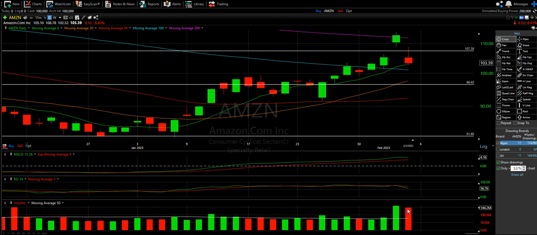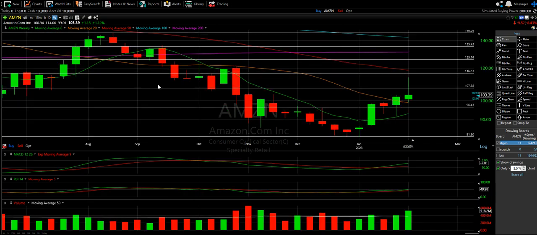This was almost as much buying as the gap up, and it clearly made that gap down, right? So I always say volume is king, but just because you have a lot of volume doesn't mean it's good, right? I don't want a lot of selling. That defeats the purpose, right? So do keep that in mind. Let's take a look at the weekly.